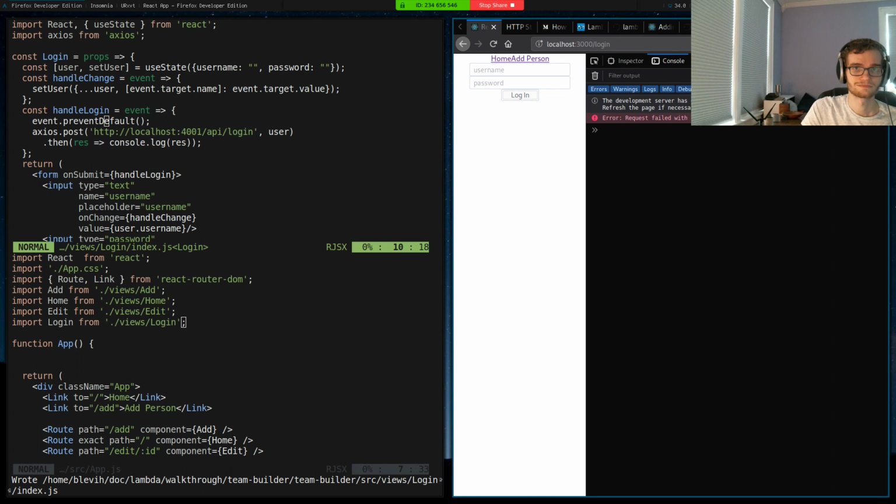Just expand on that. Is the reason you don't want it refreshed because it's a single page app? Yeah. Okay. We don't want to refresh it and lose all of our state and also make them reload the whole page. Just kind of wasteful. I mean, sometimes if you need to, you can refresh the page in order to